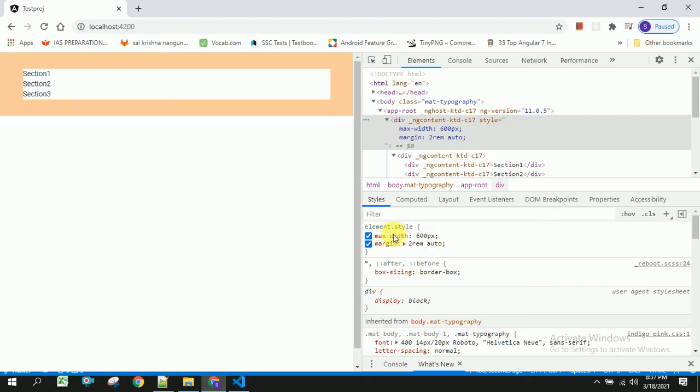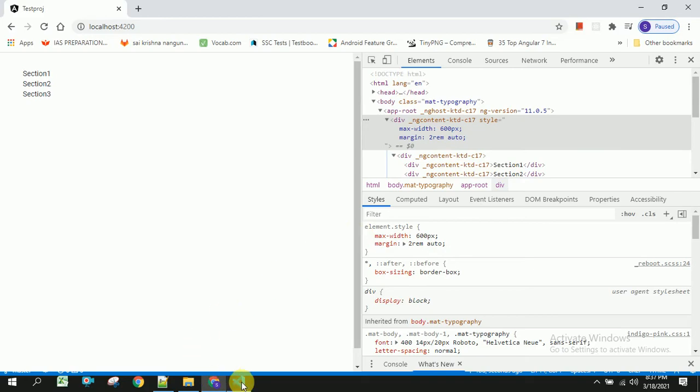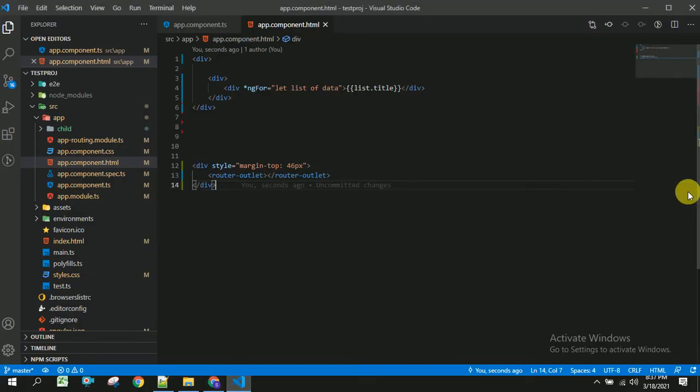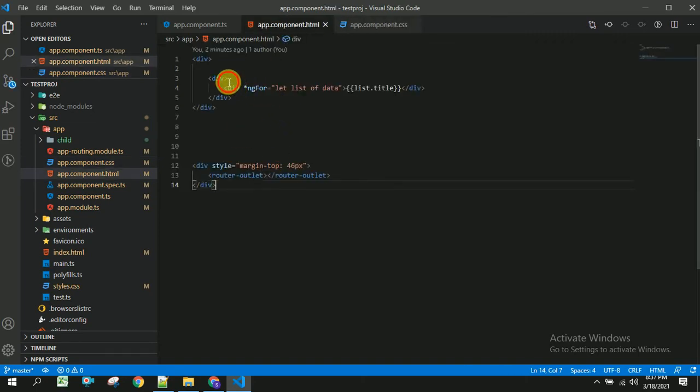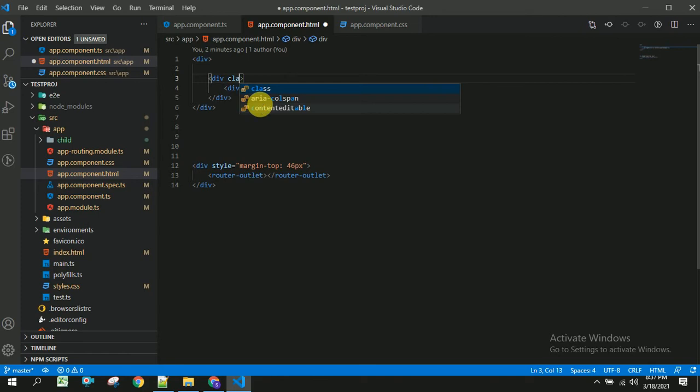Now I am going to copy this and paste these styles inside my app.css by creating some class here. This will be accordion main. Now I am copying this and pasting it here. Inside the HTML I am going to create a class with the name accordion main. Let us save this.